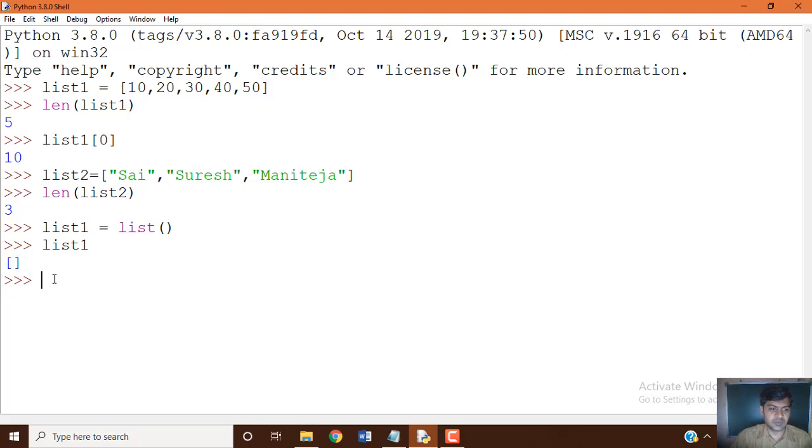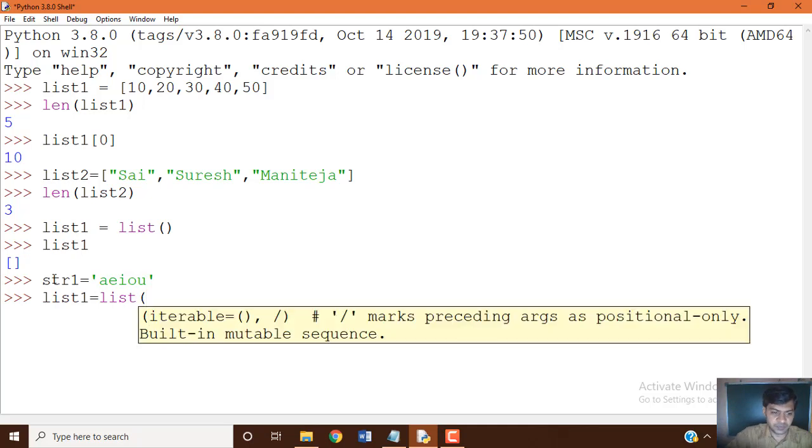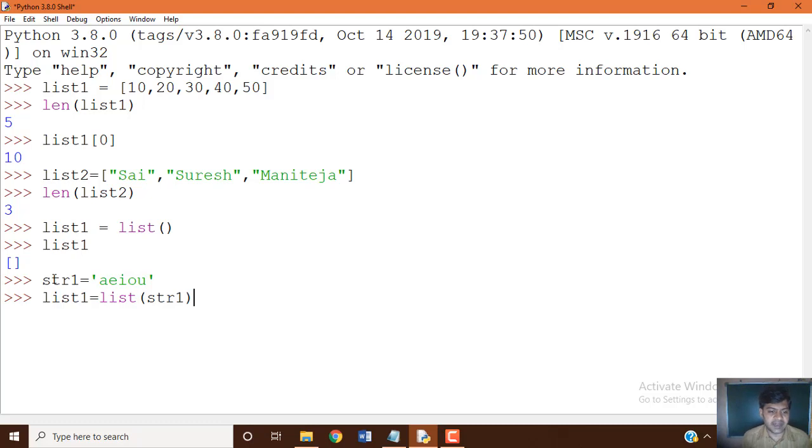Suppose you pass an argument, for example str1 equal to aeiou, a string variable which we defined, and now list 1 equal to list of str1. This string value will be converted to list data items. How it is converted, we can see clearly when we print the list variable.